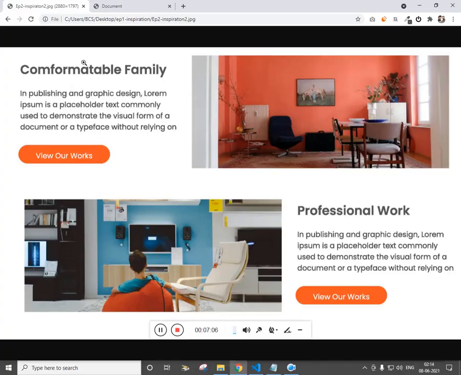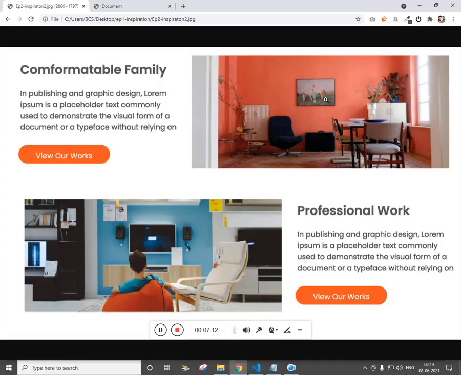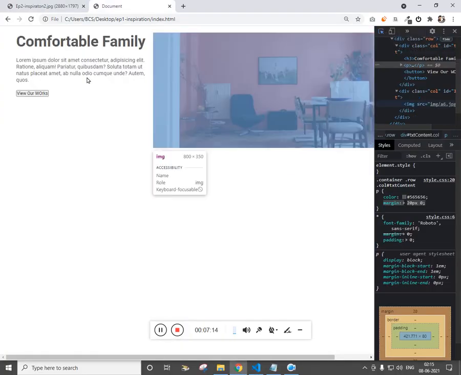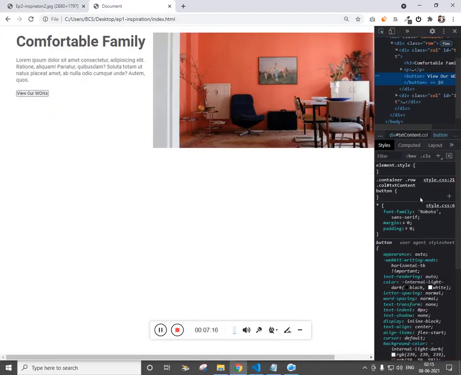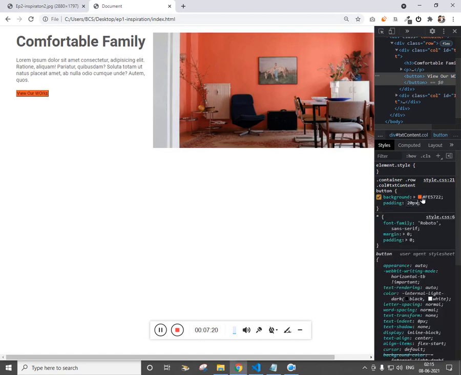Now finally for the button, the orange color, let's get into the button. We have background, padding 20 pixel on all sides, that doesn't work.